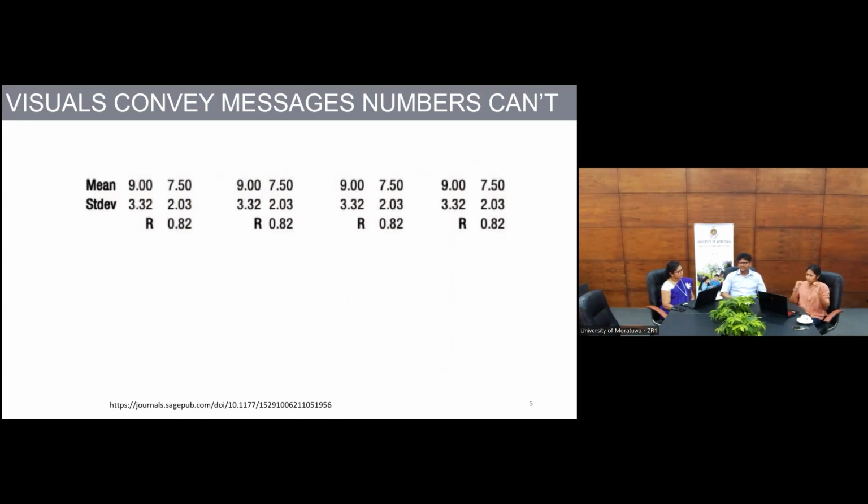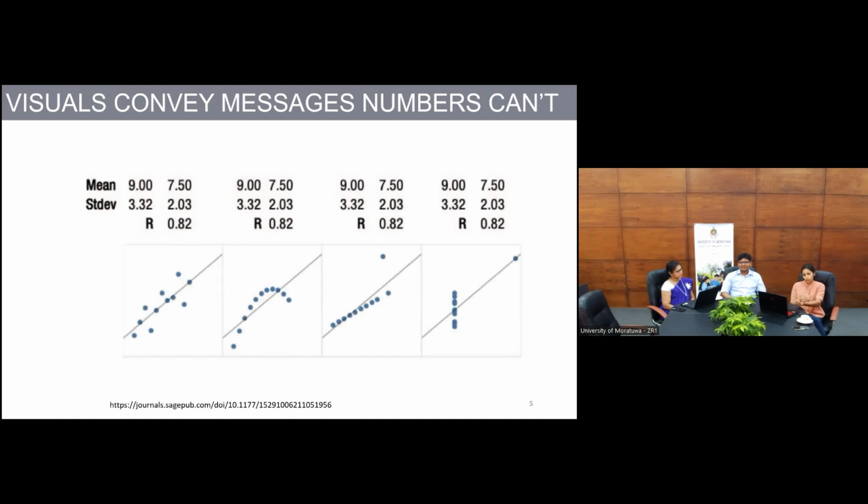So by simply using the summary statistics, if we were to only see these and try to say something about the 4 data sets, it would be very tempting to say the 4 data sets are very similar to each other. The correlation coefficient is 0.82 in all 4 of the data sets. However, if you were to take it a step further and visualize the results, that shows you, okay, maybe the data sets are similar in terms of their summary statistics.